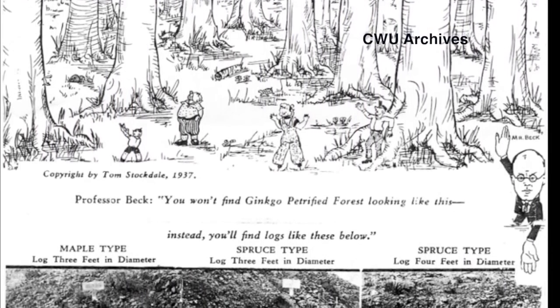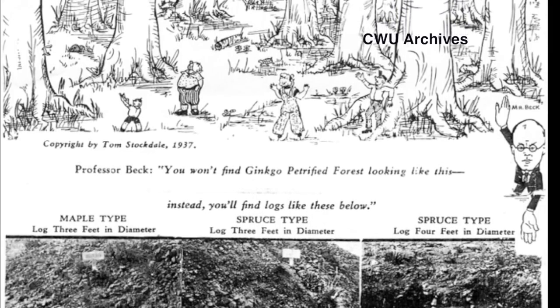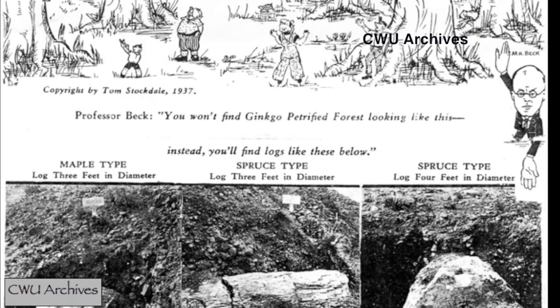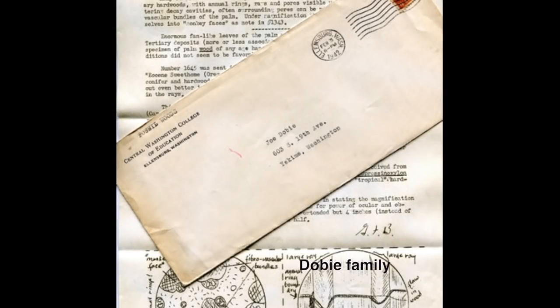A few more. Here's a cartoon. Beck must have been beloved. He's got students making cartoons of him. He's got political cartoons and other things about going out and collecting. And this is a twist I was surprised to find. Somehow our department got a bunch of letters that were sent to Joe Doby in Yakima. And the letters were from the